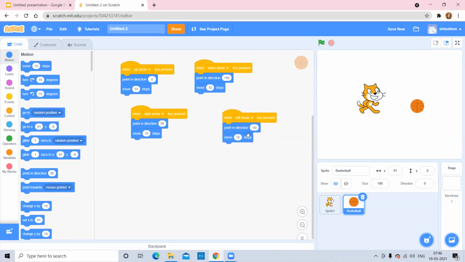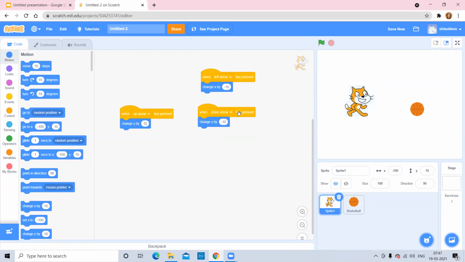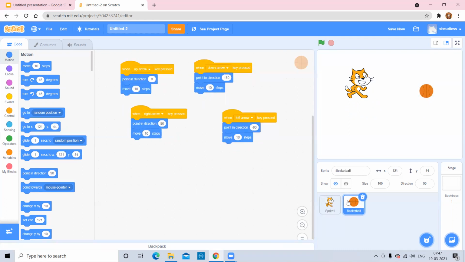Now let's see how my ball is going to work. If I'm clicking up, both are moving up; down, both are coming down; right, left. Because for the character also we programmed up, down, right and left, but I have removed the right for giving a small variation. How we programmed the same up, the same is there. So right I have not programmed for the cat. So now the cat is not moving. So in this way you can program the sprites in three different ways to change the direction. Thank you.